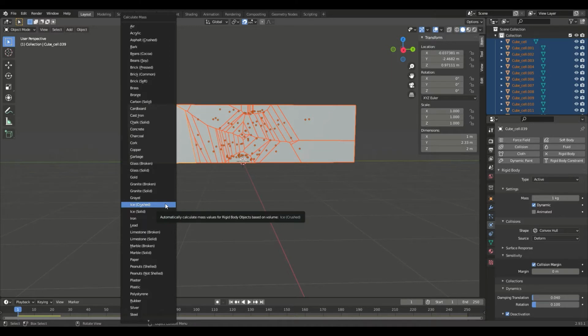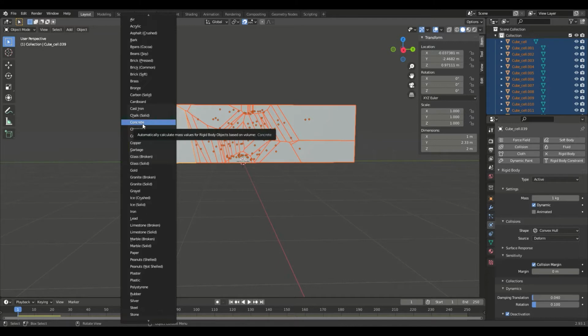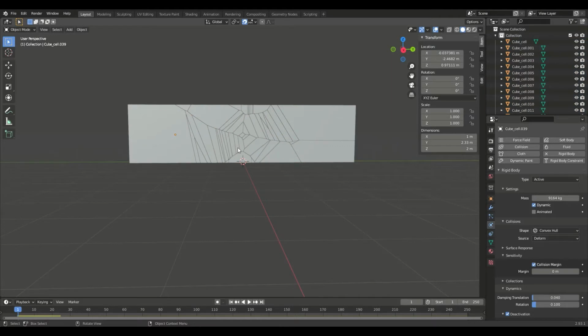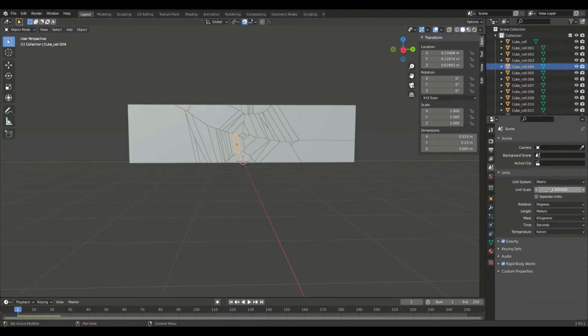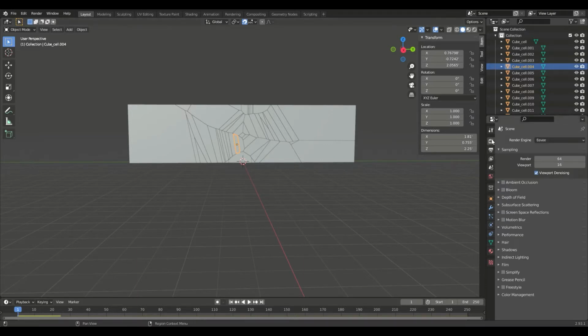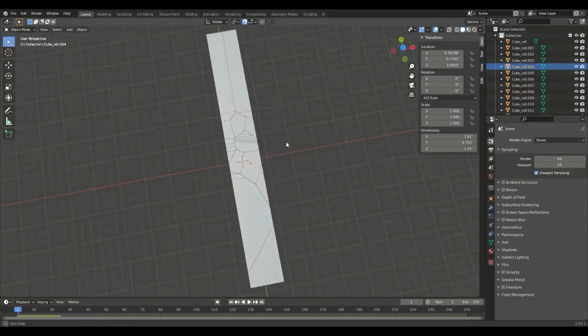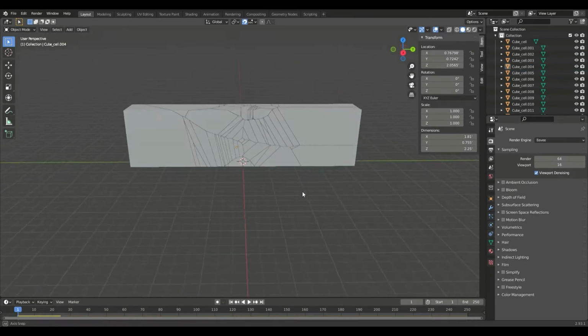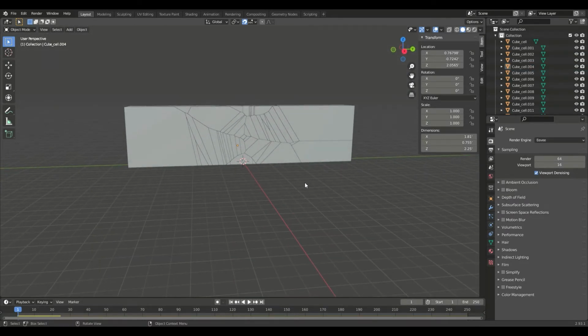Now, you're going to find the object in real life that you prefer. For now, I just used the concrete. So if you want it to be the same as my tutorial, just choose concrete. And that's going to make each of these pieces really heavy. See, this is a piece, this is really small. Here, let me change it here. There we go, okay. Sorry for you people who are not in the US seeing this, but I am in the US, so I'm going to use what I am familiar with.